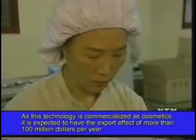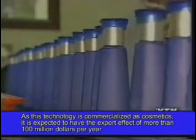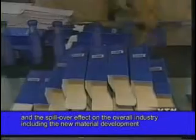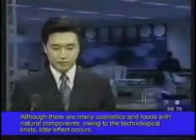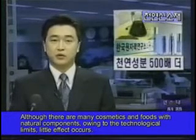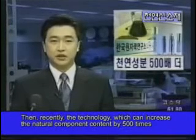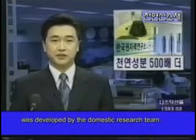As this technology is commercialized as cosmetic, it is expected to have the export effect of more than $100 million per year, and the spillover effect on the overall industry, including the new material development. Although there are many cosmetics and food with natural component, owing to the technological limit, little effect occurs. Then, recently, the technology, which can increase the natural component content by 500 times, was developed by the domestic research